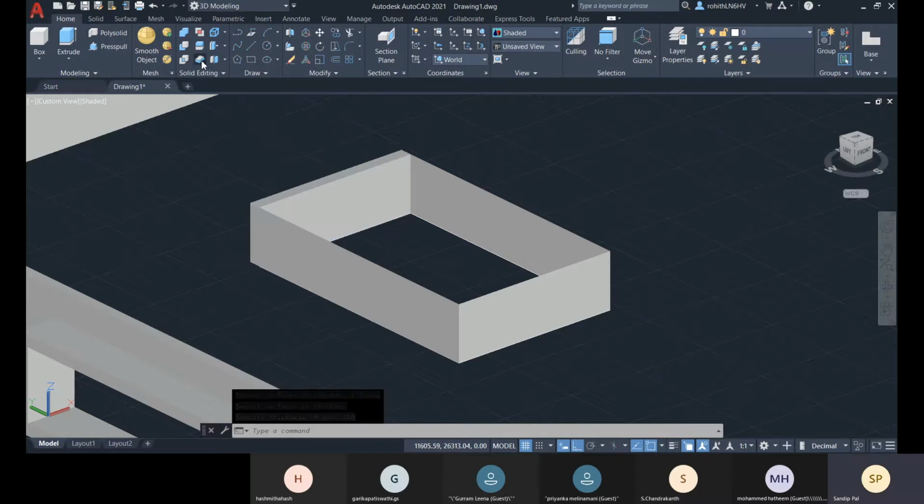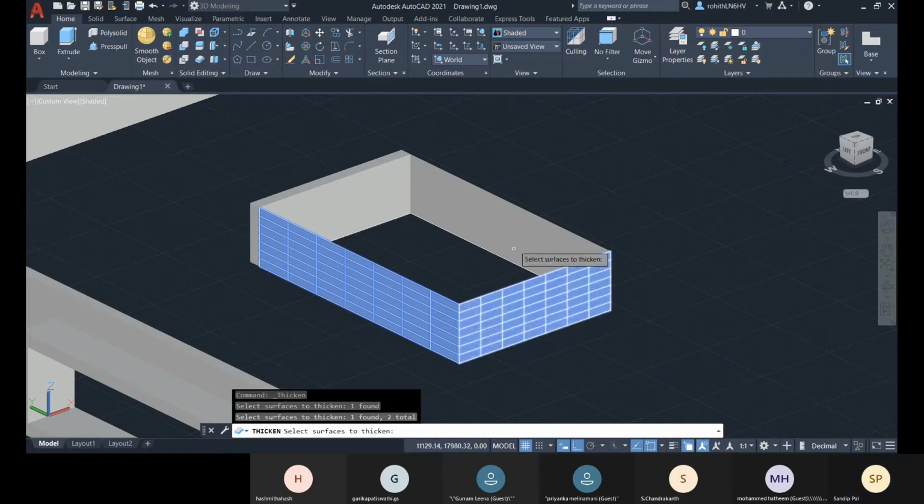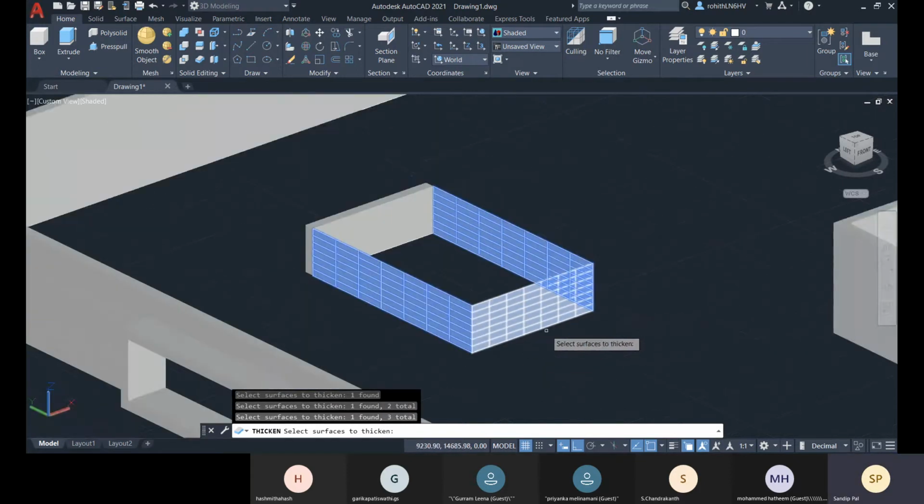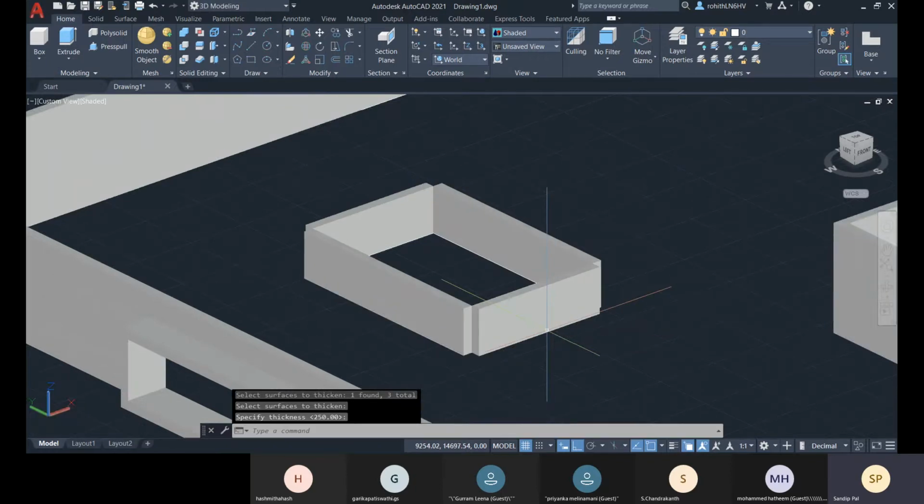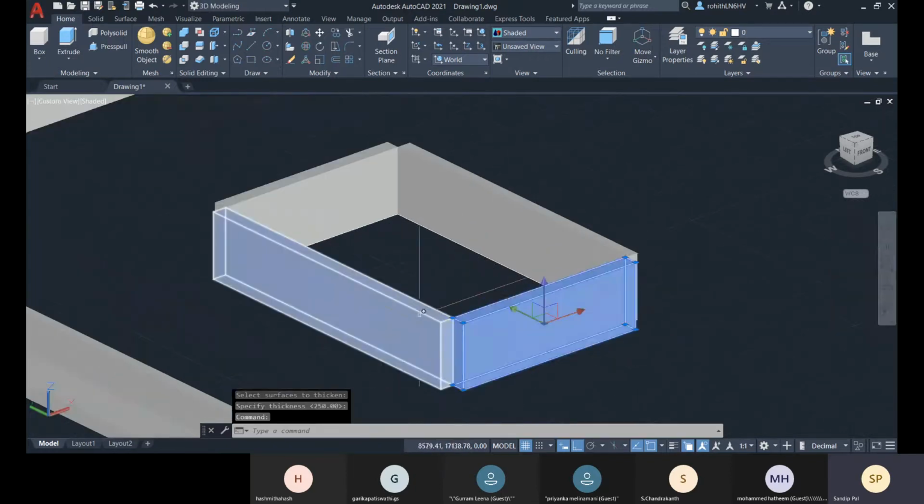Okay, so same like you can do for other surfaces. Select this and then enter. You give the thickness value 250, enter, and there you see.